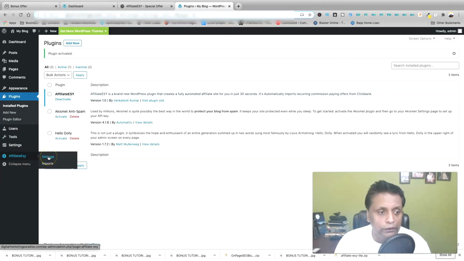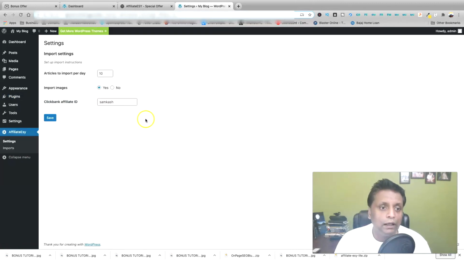So let's go into settings, and over here you need to specify how many articles you need to get started with. Let's say you want to get started with 5 articles in your blog, and yes, you want to import the images, and here you need to mention your ClickBank affiliate ID. So I put in one of my ClickBank affiliate IDs over here, and then you need to click on save.